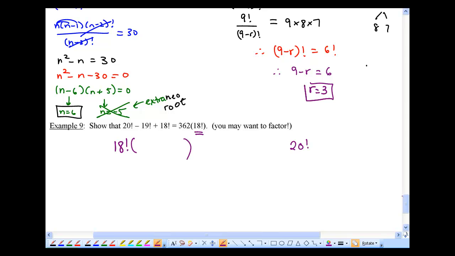What's 20 factorial divided by 18 factorial? Well, that'd be 20 times 19 times 18 times 17. Oh, wait a minute. All that stuff over here is just 18 factorial. So that must cancel out with the bottom. So that first part is 20 times 19, okay? You figure out the rest